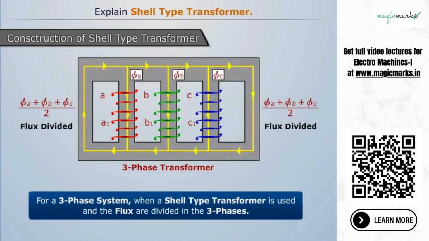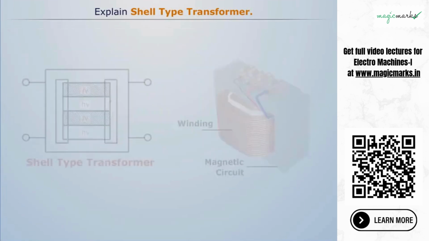For a 3-phase system, when a shell type transformer is used, the flux is divided in the 3 phases. Thus we can summarize as